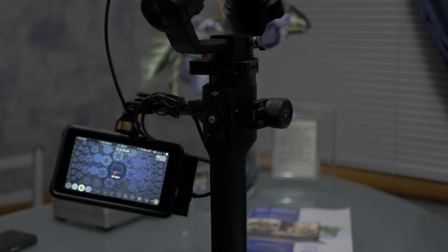Okay, this is a demonstration of the problem that I'm having with the Ronin-S connected to my GH5S with the Leica 12 to 60 lens, and also a connection to my Ninja V over HDMI. The problem that I'm having is after the system is up and running with the gimbal stabilized and the camera on, I get focus control, recording control